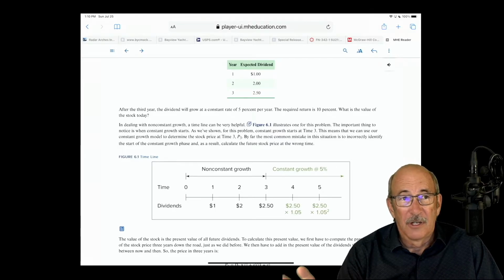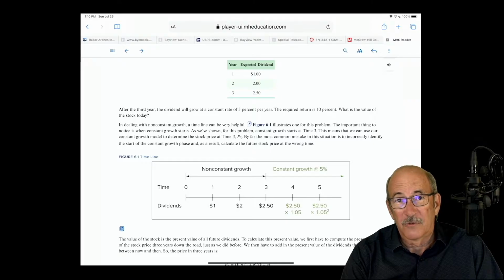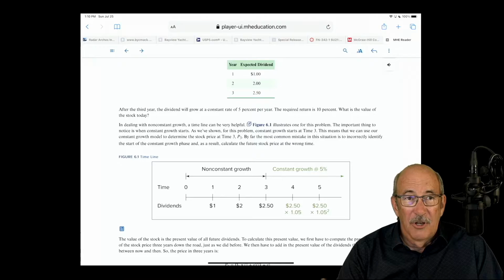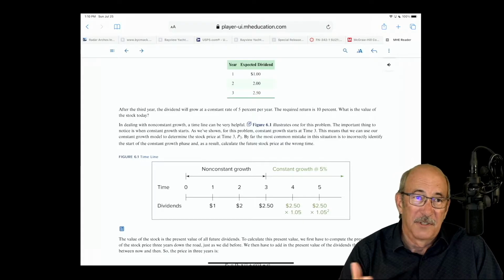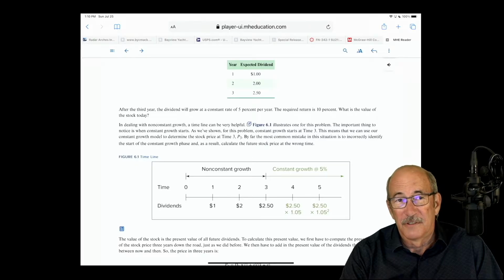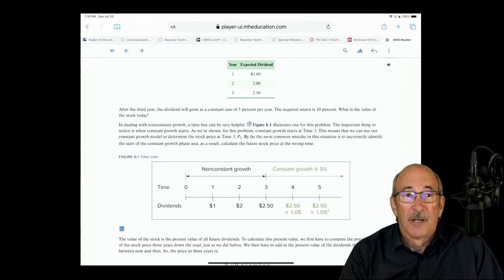You had a series of conceptual stuff, 5 or 6 out of the 10 or 12 that were conceptual, and then the other 5 or 6 were numeric. Know the difference between what the residual income model is versus DDM versus free cash flow, that sort of